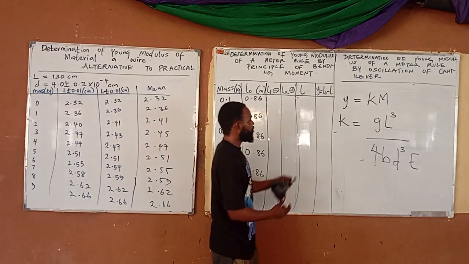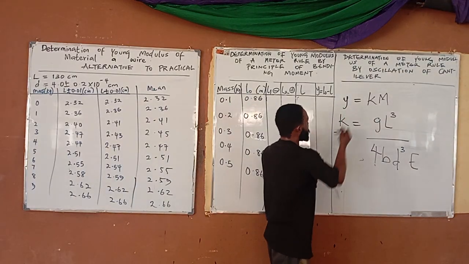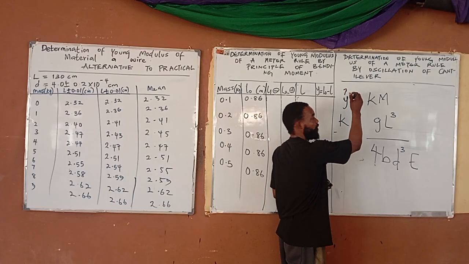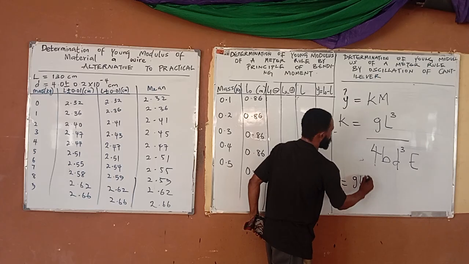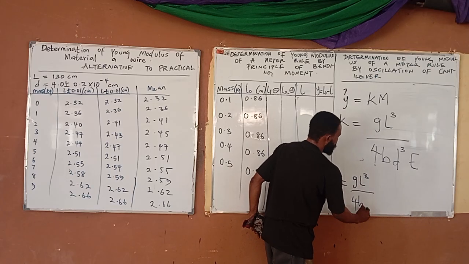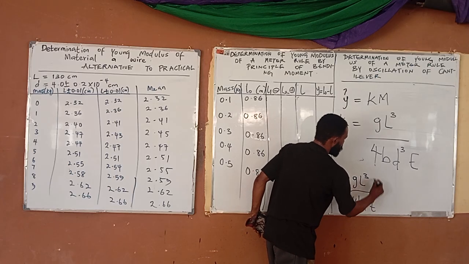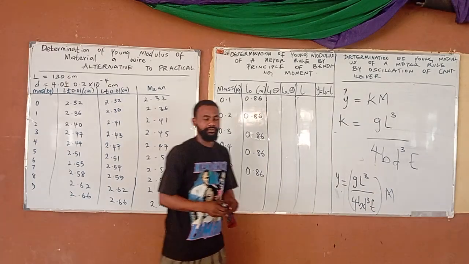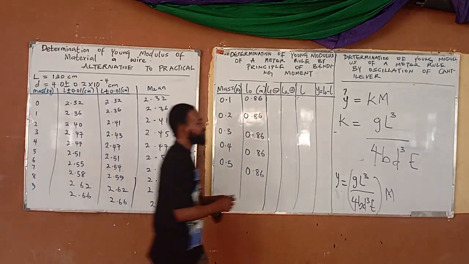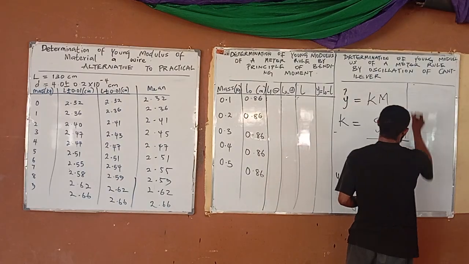Now see, I will remember that if that is the case, y will now be... Remember I said y is displacement? And this is the formula. So this will now be that y equals GL cubed all over 4bd cubed E times M. Do you get the point now? Yes. So you need to note, you now say where